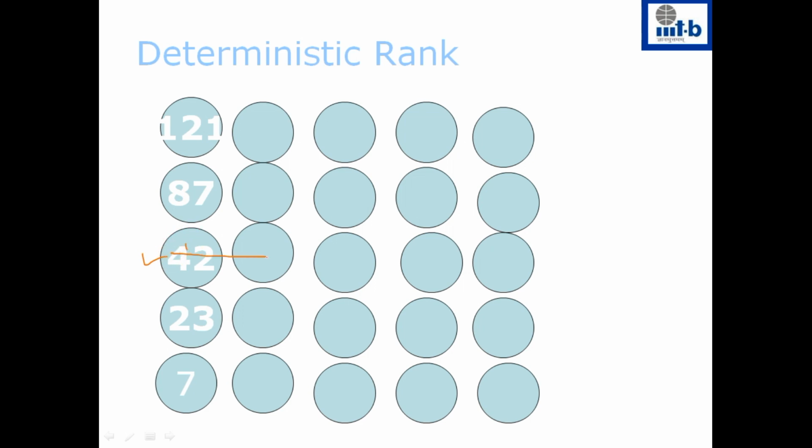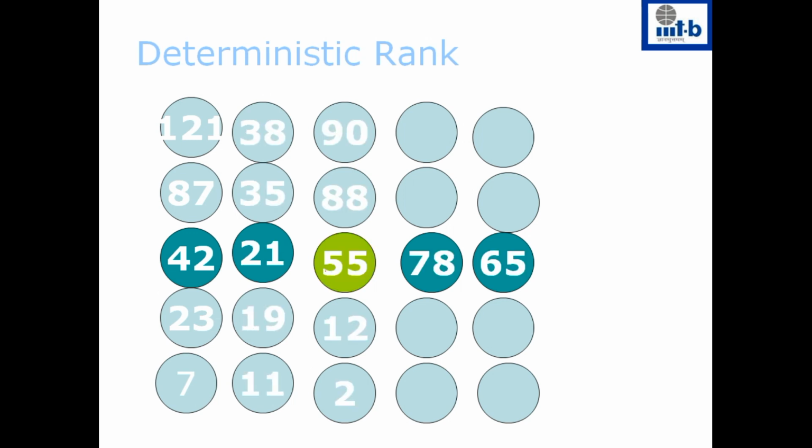We look at all these medians and take the median of them. That number is called the median of medians. In this case the median happens to be 55. We will rearrange the groups such that the groups with the median smaller than 55 will be on the left hand side, and the groups whose medians are greater than 55 will be on the right hand side.